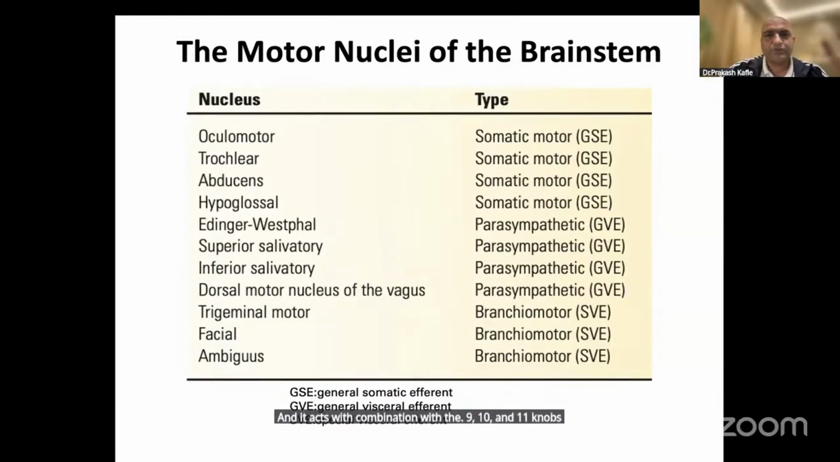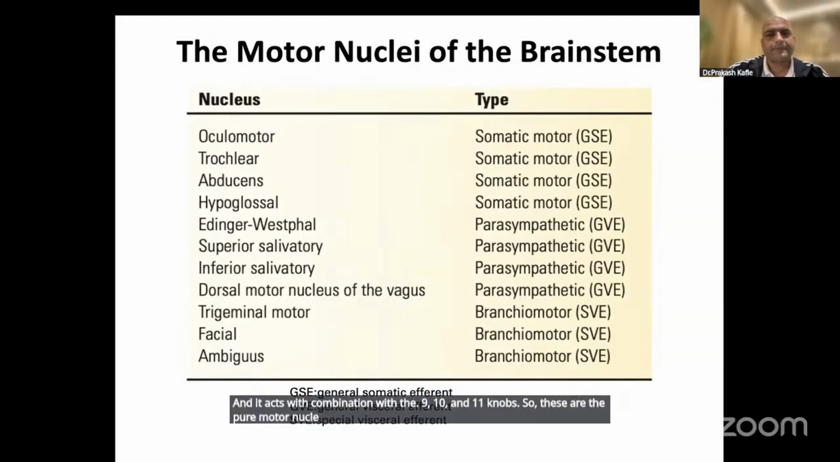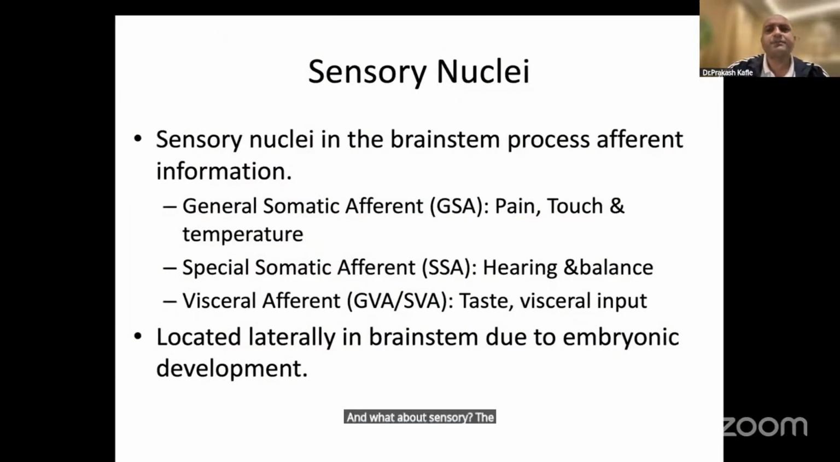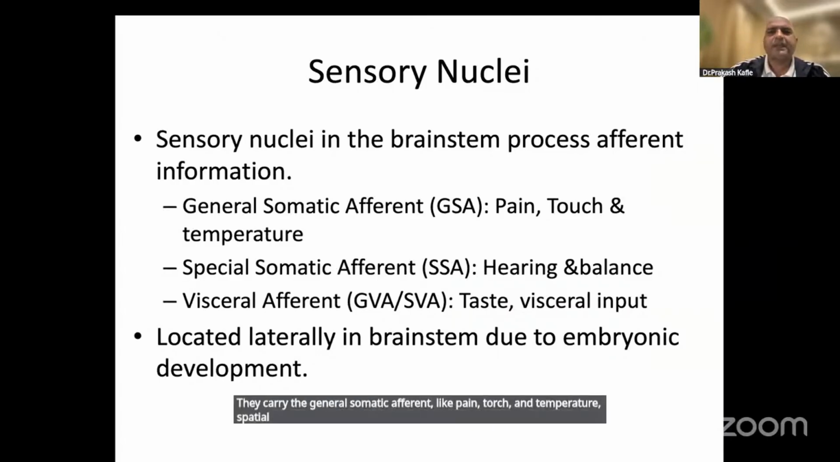So these are the pure motor nuclei of the brainstem. And what about sensory? The sensory nuclei in the brainstem process afferent information. They carry the general somatic afferent like pain, touch, and temperature. Special somatic afferent are responsible for hearing and balance. They are more lateral, and the visceral afferent will be in the middle of the general and the special somatic,